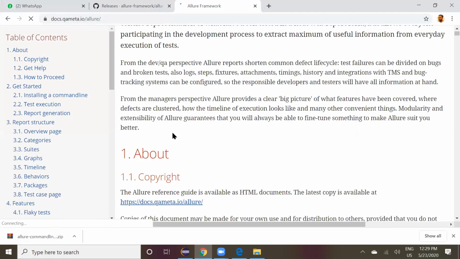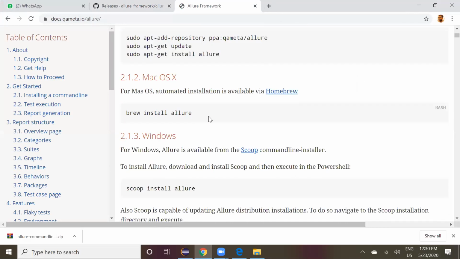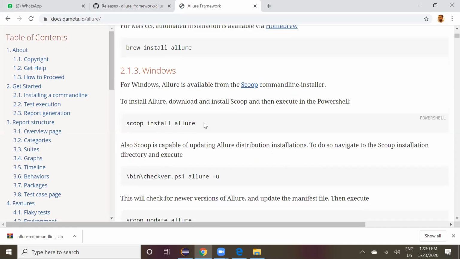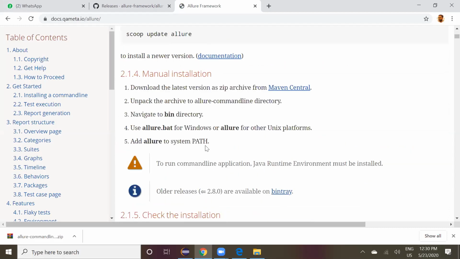See, for Mac, you can try this one. And for Windows, there are 2 ways. One, you can try this one, or the next one. This is what they recommended, but if I click it, it is not working. That's why I went a different route.